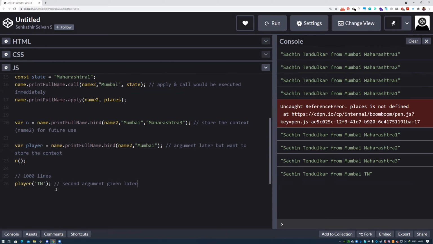These are the use cases where we go for bind. Bind always returns a new function. So player is a new function here, and n is a new function here. Player and n are new functions.